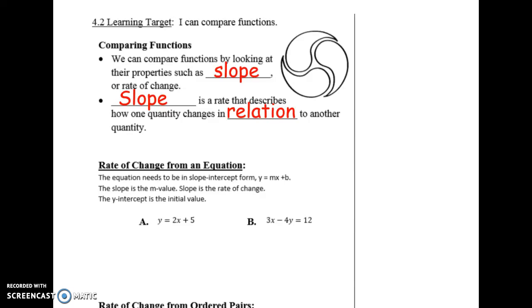Okay, so this is lesson 4.2. We're going to learn how to compare functions. It's important to look at the slope. All right, guys? Slope is really just the rate of change, and it describes how one quantity changes in relation